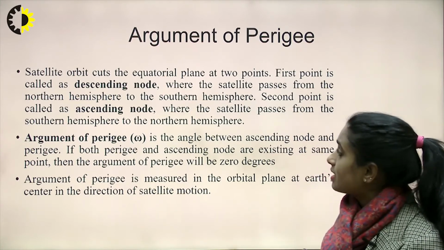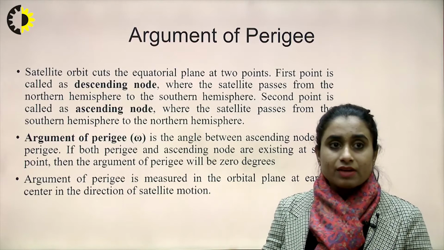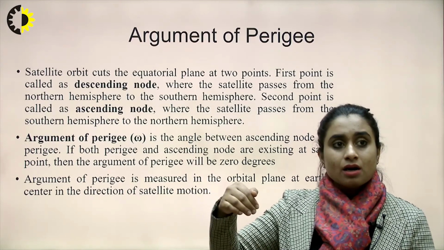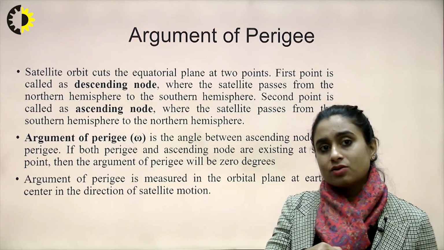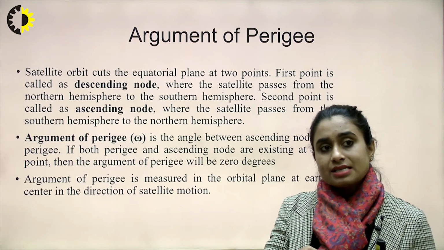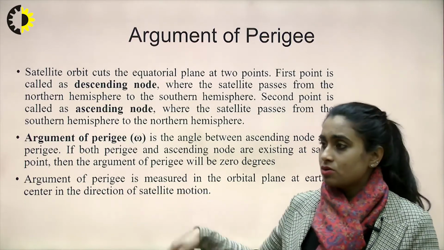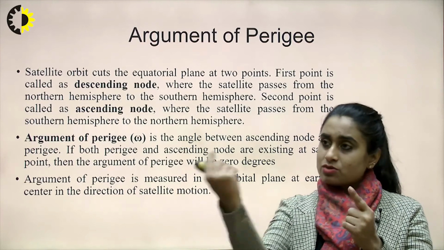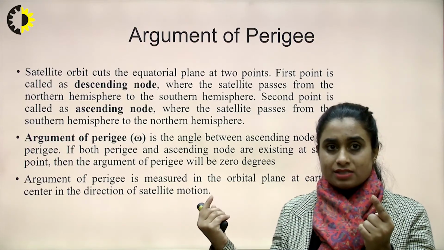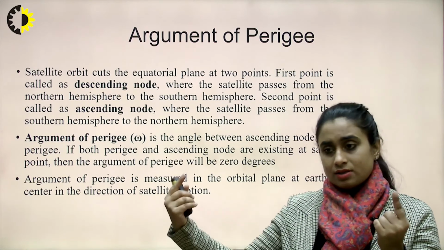Second point is called the ascending node. When we take the first point, northern hemisphere, and the second is southern hemisphere, that is called the descending node. And the second point is called the ascending node, where the satellite passes from the southern hemisphere to the northern hemisphere. So in their movement, when it goes from northern to southern, we take the descending node, and southern to northern we